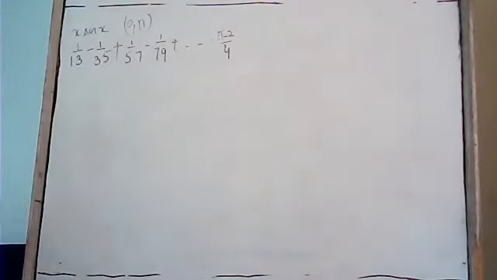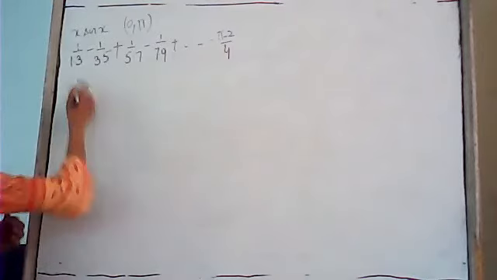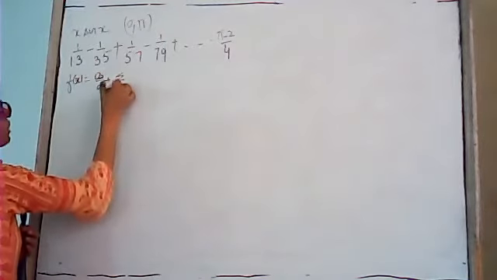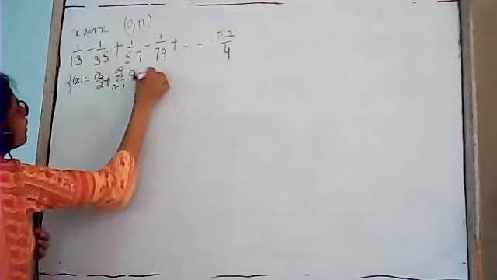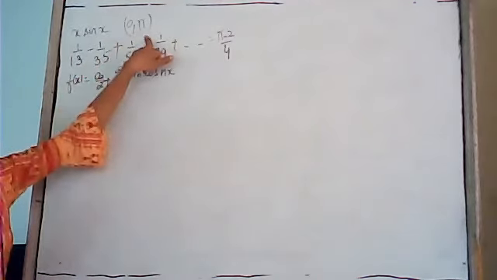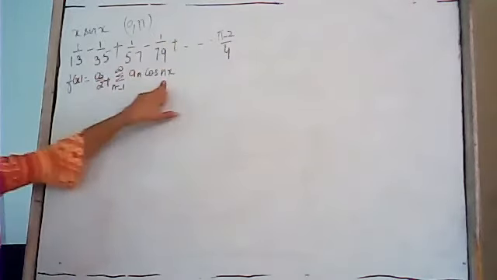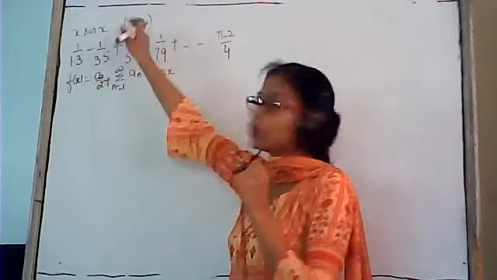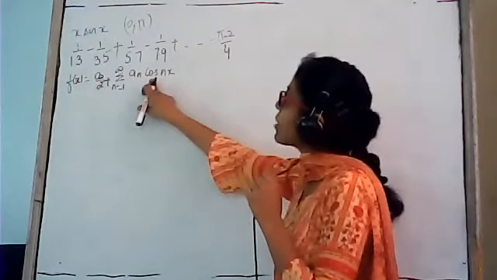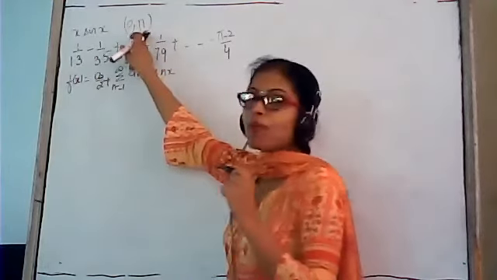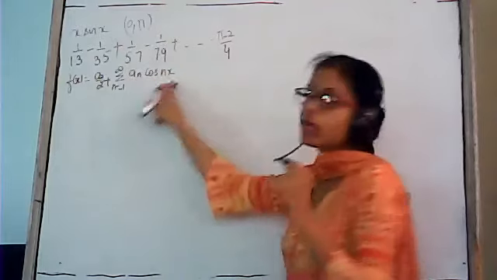Now we have to expand in Fourier half-range cosine series. In the Fourier half-range cosine series, the function is given by a0 by 2 plus summation n varies from 1 to infinity a n cos nx. But see, here the interval is from 0 to pi. We have pi in the interval, so the term will be a n cos nx. Whenever the interval is in the form of constant, 0 to 1, 0 to 2, in that case it will be cos of n pi x upon L, right? If we have the interval in the form of pi, in that case this term will be cos nx.